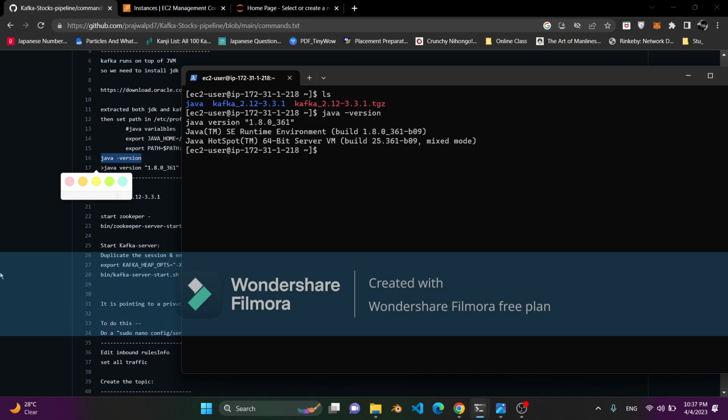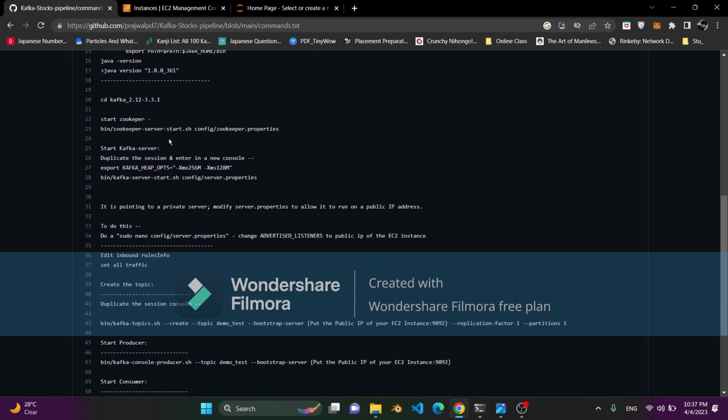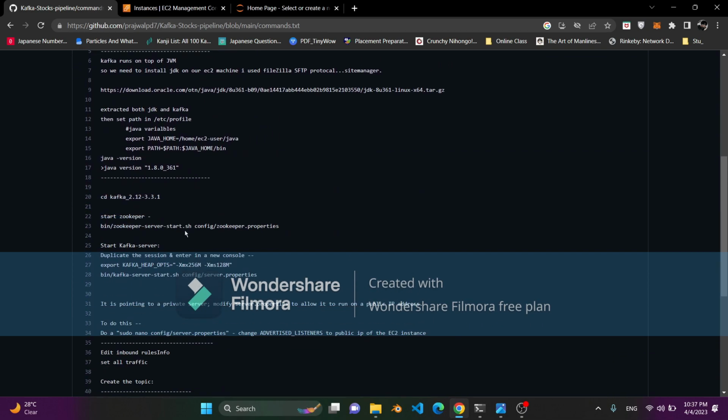So I have configured everything previously only to save time. So what after that? As we talked in the architecture diagram, we have to start the Zookeeper first, because Zookeeper is the manager, right? He is going to manage the brokers and the tokens. So how to run this? Just simply,